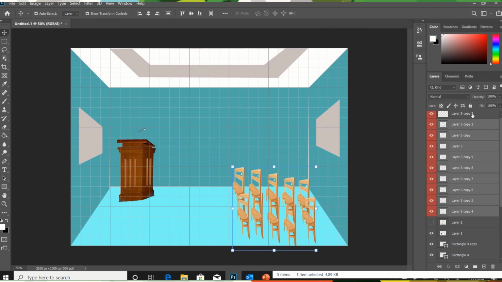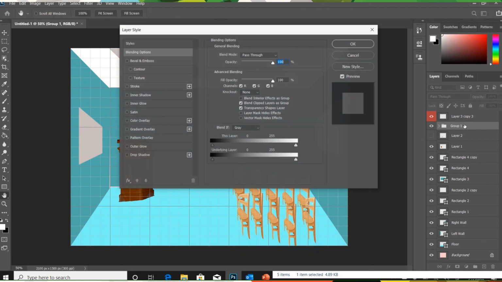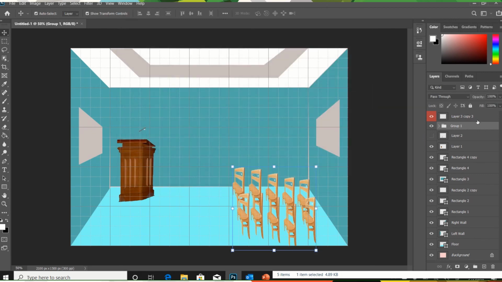So what we can do is create a group. If you see at the bottom of the layer panel, you will see a folder next to the create new layer button. Click on this and a group will be created. You can rename that group by double clicking on it. As you rename the layers, you can rename the group also. So maybe I will name it chair group,